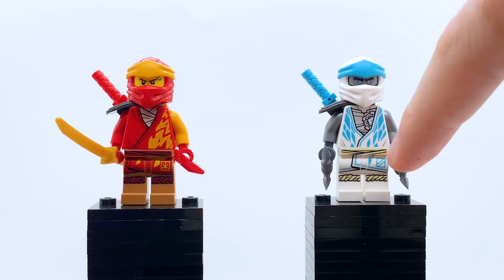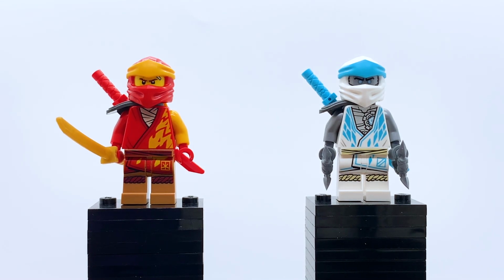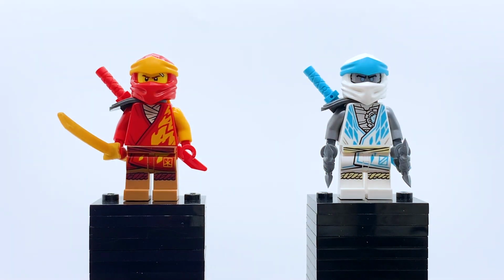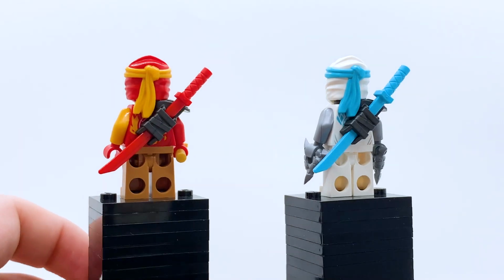And you can see, similarly to Kai, Zane has the symbol for Z on his legs, because obviously his name is Zane, that's the first initial of his name. But yeah, this guy is easily my favorite core suit of this wave. I absolutely love it. Turning these guys around real quick, you can see they both have armor pieces around their